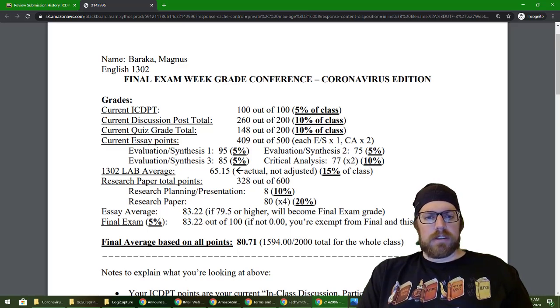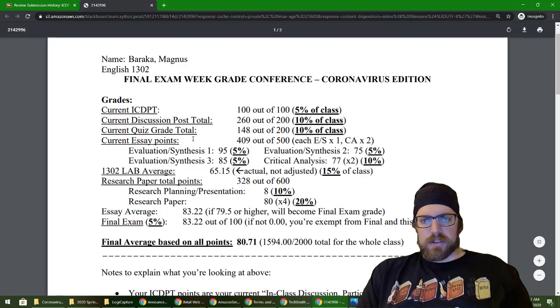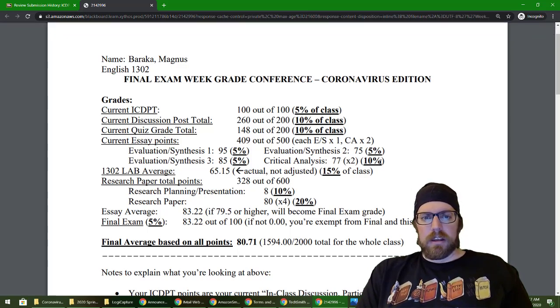And then we have the essay points. So it's broken down into like the whole essay category, which is just the basic essays, not the research. But he did all of those. You can see a 95, 75, 85, and then the critical analysis, not so great, a 77. It's worth more too, so that means it brought his average down a bit. But if you want to calculate his essay average, it was 80 was his research paper,